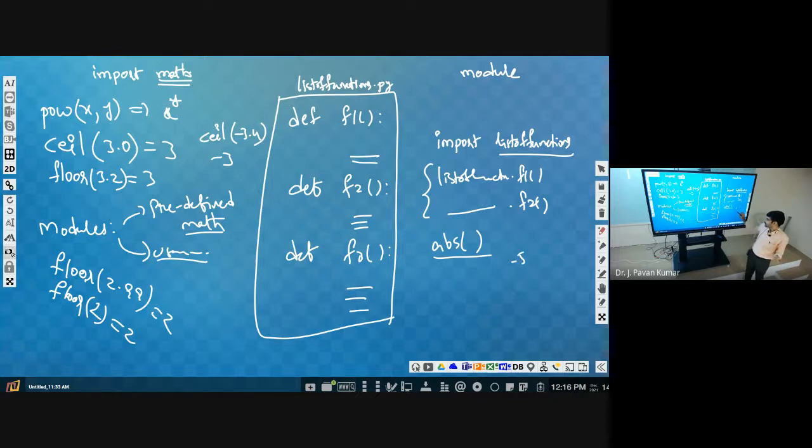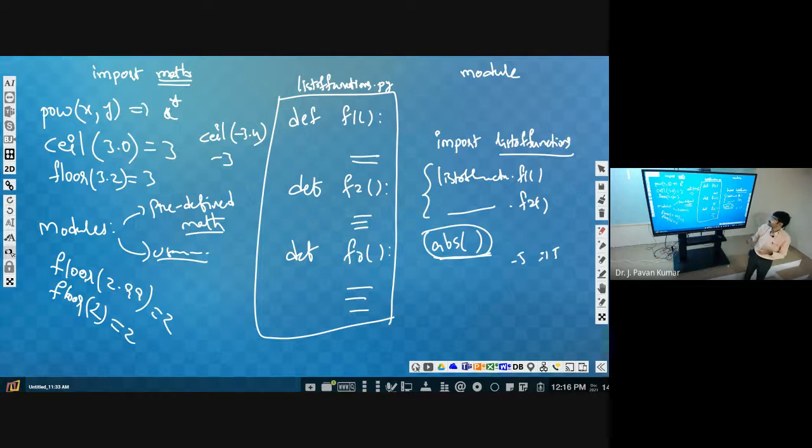Minus 5, what is the absolute value? Whatever value we give, it will return the absolute value. So if you don't know whether the input is a negative or positive number, you would have to check and modify it. Like if I give minus 5, it should be interpreted as 5 only. If that is the restriction, then you could use ABS of the given input directly.